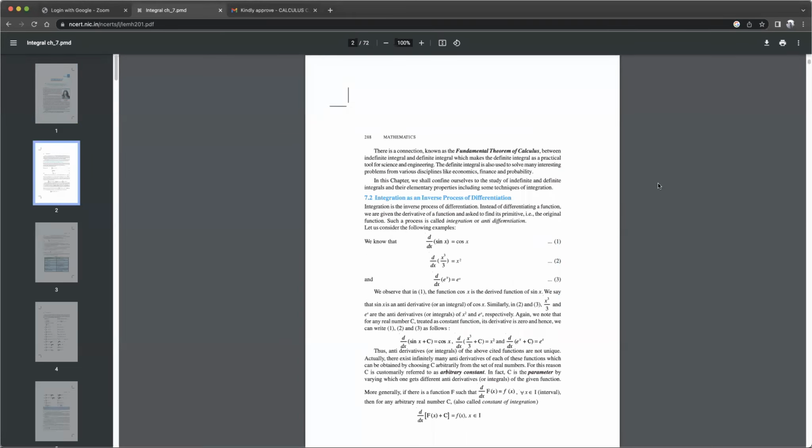Here we go more into depth of integration as an inverse process of differentiation. So as it says here, integration is the inverse process of differentiation. Instead of differentiating a function, we are given the derivative of the function and asked to find its primitive. So primitive is essentially the integral of a differentiated function, or the original function that is usually given. So that's another name for the original function before it has been differentiated. And obviously, since integration is an inverse